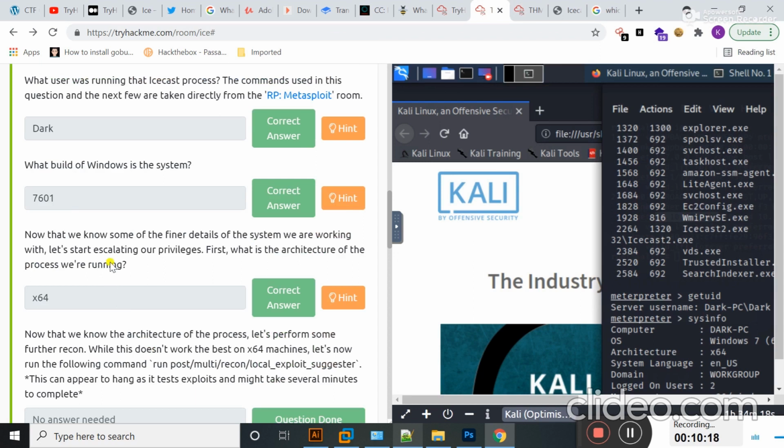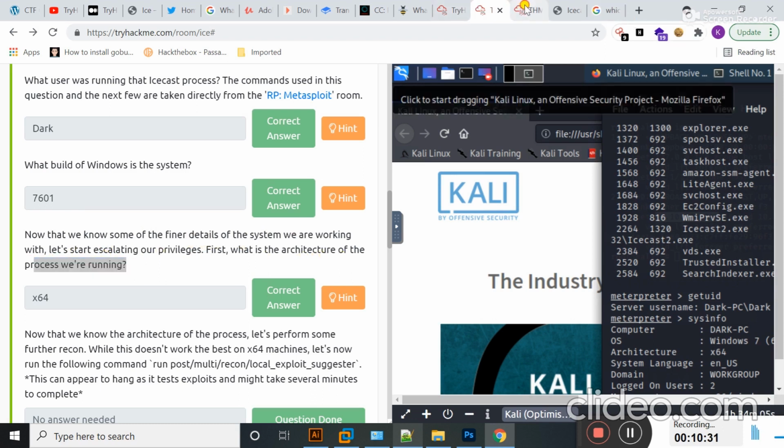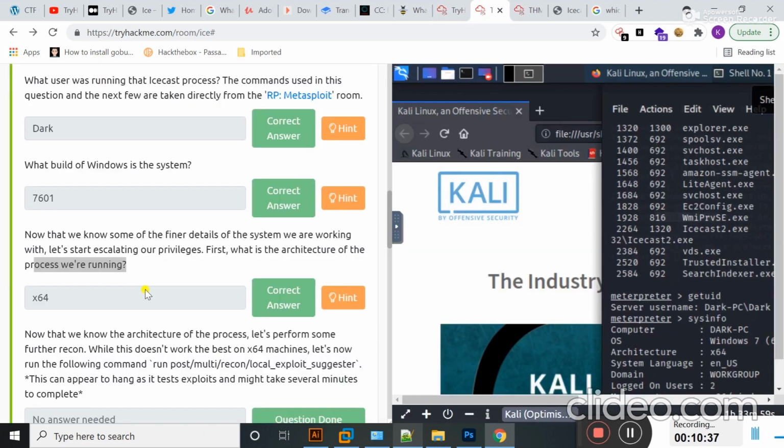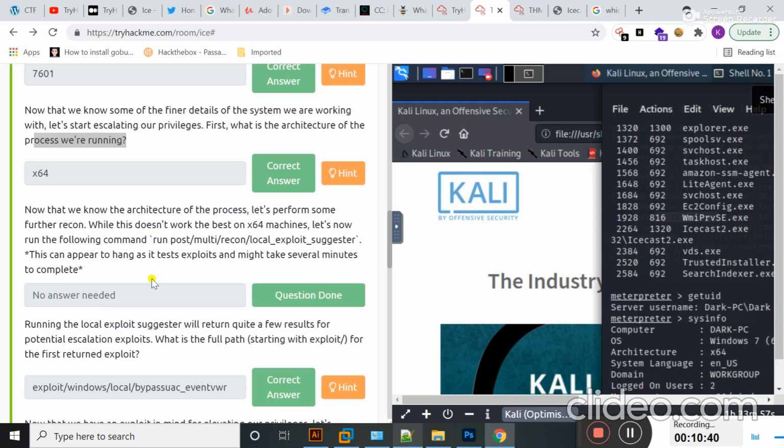Let's move to the next question. Now that we know some of the finer details of the system we are working with, let's start escalating our privilege. First, what is the architecture of the process we are running? Guys, here you can see the architecture that is running on this target machine is x64. So the answer of this question is x64.